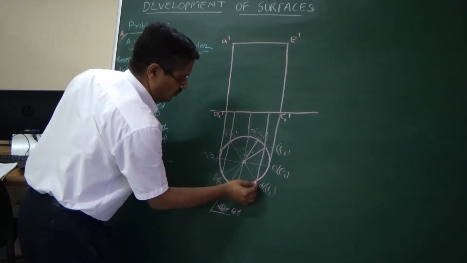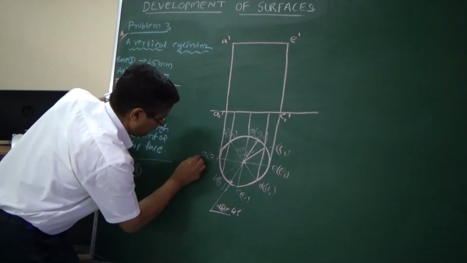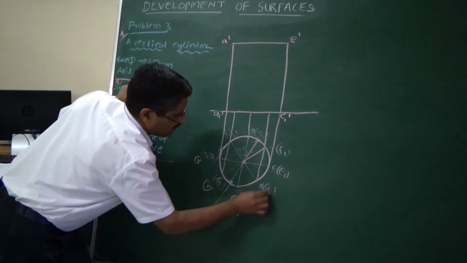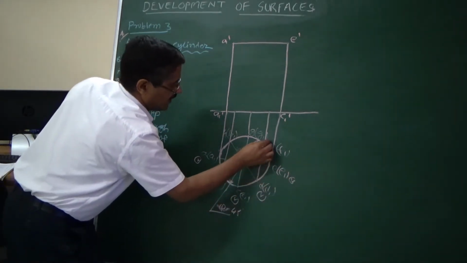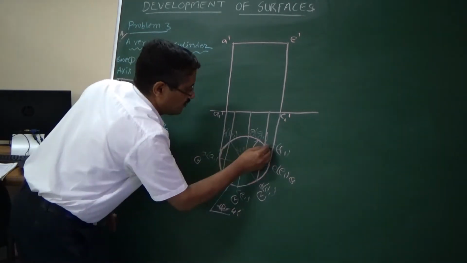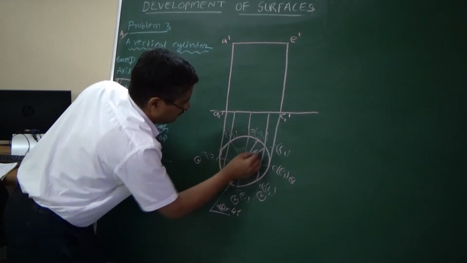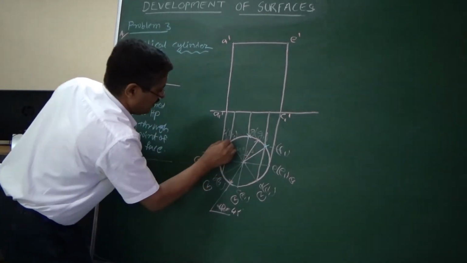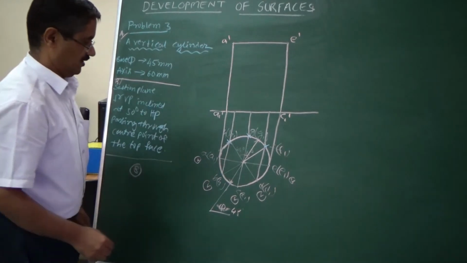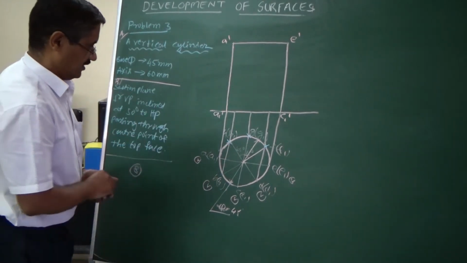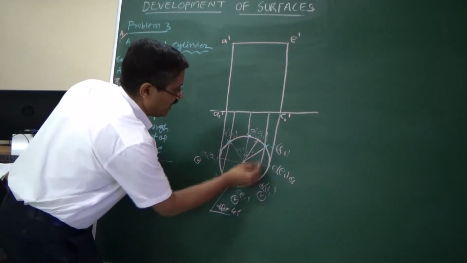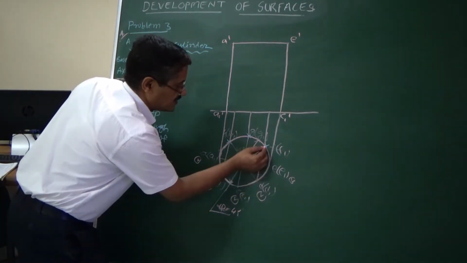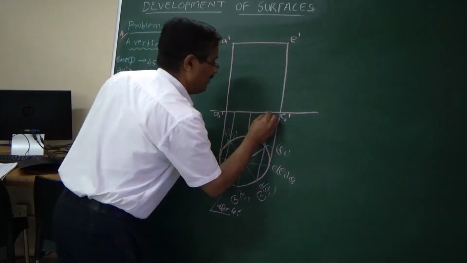Further, when you move, this is visible, this is visible, this is visible, this is visible, this is visible. The remaining ones are invisible; I'll just put it here. The 45 degree ones, this one and this one, are not visible, so they are invisible. Now where a visible line is merging with an invisible line, in the same line, it will be a visible line.